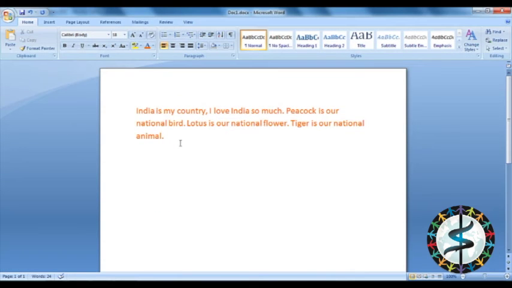Now if we want to highlight any of the sentence or word or a segment of our paragraph, we can do that by text highlight color.